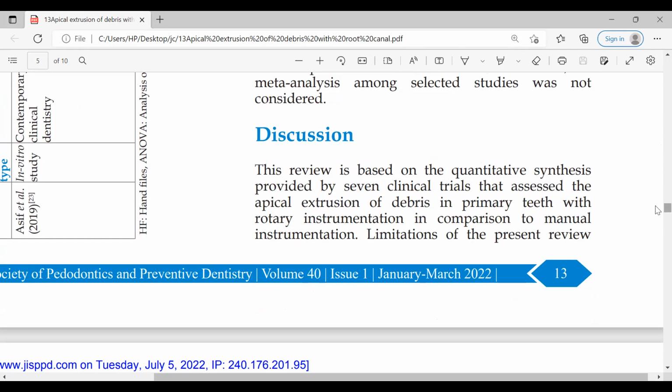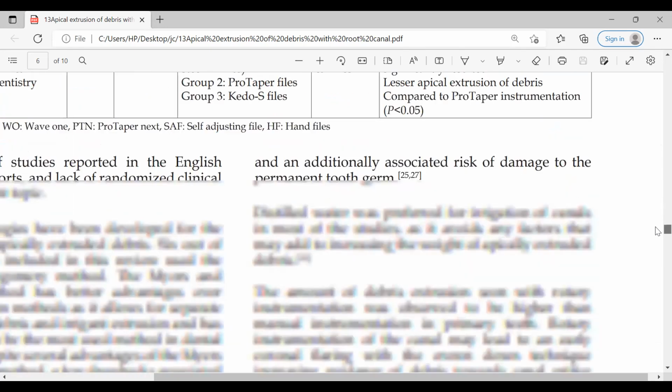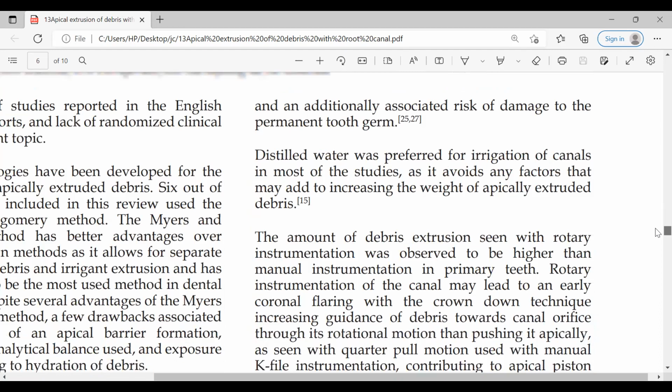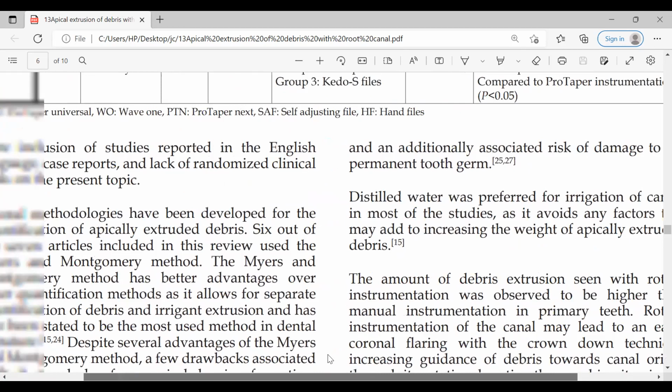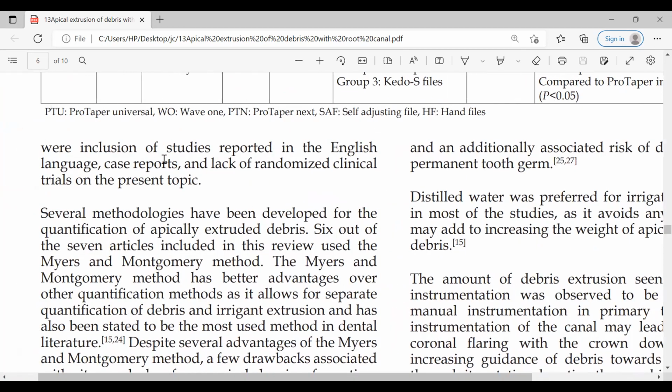Limitations of present review were inclusion of studies reported in the English language, case reports, and lack of randomized clinical trials on the present topic. Several methodologies have been developed for the quantification of apically extruded debris.